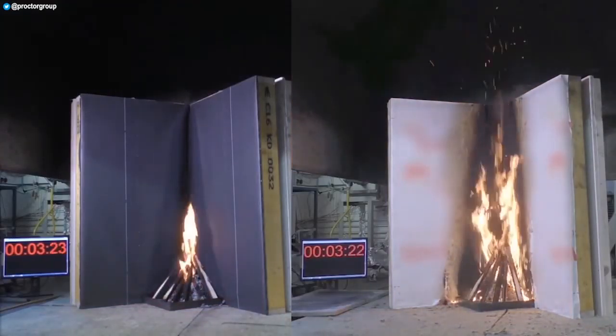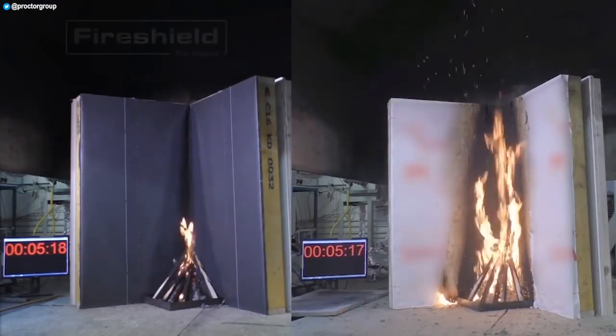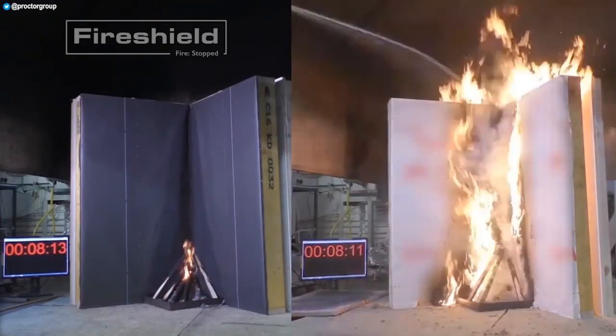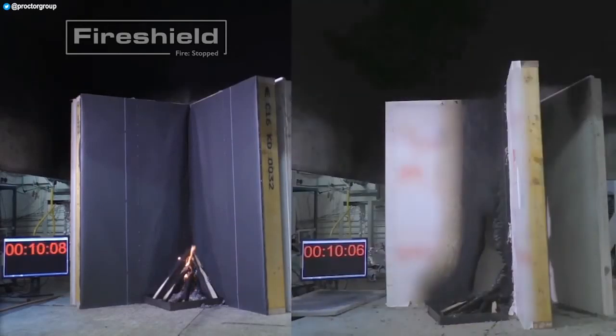This test here, conducted by the University of Edinburgh, is a comparative test based on the single burning item test, and shows our fire shield membrane next to a competing material. Both these materials have an identical Class B S1 D0 rating on paper, so could be considered equivalent. In practice, though, the difference in performance is obvious. How this disparity can be tested, quantified and accounted for in regulations is something we are currently discussing with the